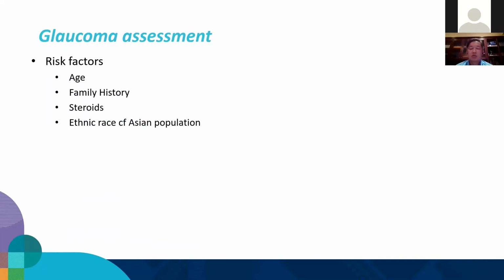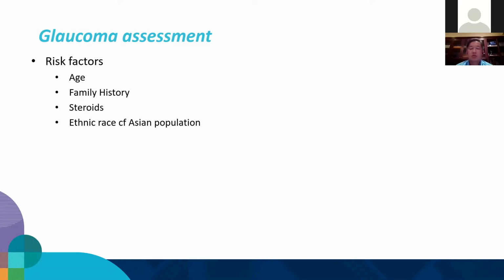Risk factors, again, age. If there's a family history of glaucoma, their risk is about 10 times more. Now I'm talking primary relatives, so mother, father, brother, sister. Steroids. So ongoing steroid use. Now, again, in the form of eye drops, creams, injections, tablets, potentially can make the eye pressures go up in some patients. And the pressures may go up to 30 or 40, but again, the patient doesn't actually realize there's a problem with their vision.